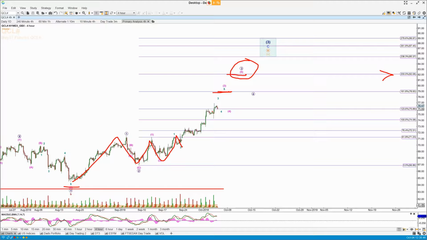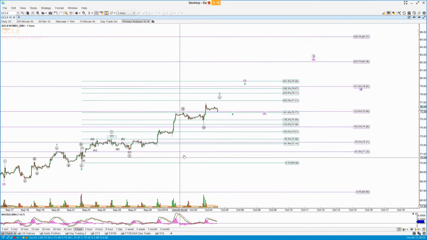Within that, I think we're just finishing off this 3 here as a series. We're into that series of 3 4 3 4 or 4 5 4 5s, whichever way you want to think of it. So I'm looking for a move up to the 1618 at 78.93, then another pullback, and then the 5th up to here. Now breaking that down onto each time frame down, we had a dip yesterday on the